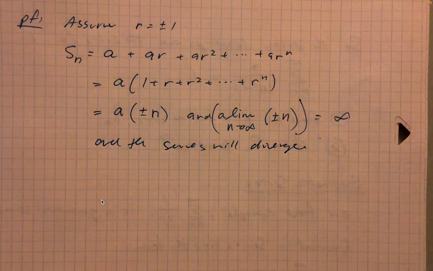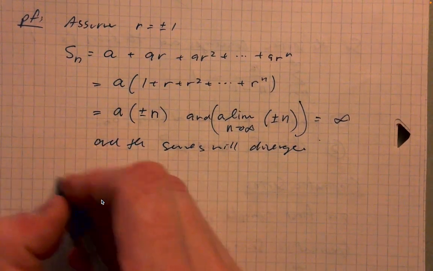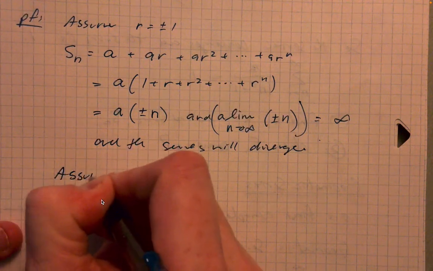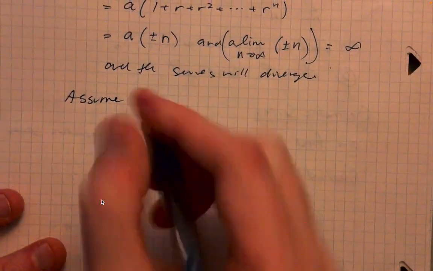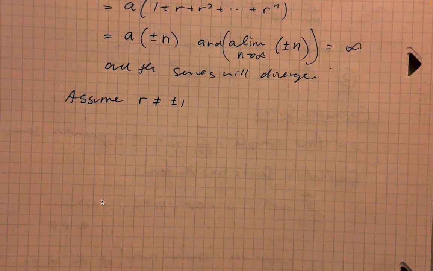Okay, so that's that first case when r is plus or minus 1. Let's next assume that r is not equal to plus or minus 1. So let's assume next that r is not equal to plus or minus 1. Okay, so then